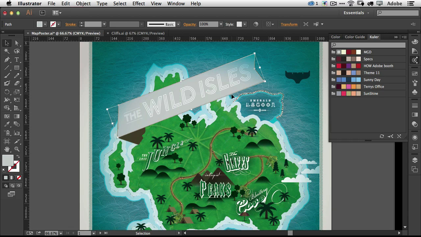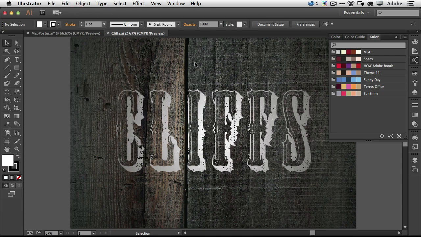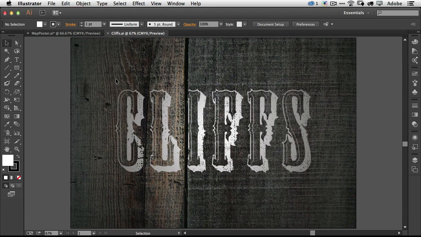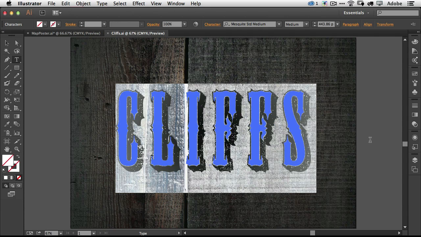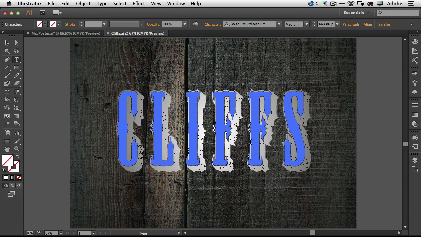All right, one more thing in Illustrator. We have this type. If I grab my type tool, that's a word I can select. I can make changes to it, fonts, colors, size, scale, stroke, all the stuff you're used to. But what if I wanted the letter I to be rotated and shifted up? What would I have to do? Break it apart. I have to cut the letter I out, put it in its own frame, and I can do whatever I want. And if I want to do something to the C, same thing. Cut the C out, put it in its own frame, do whatever I want. But instead of doing that,